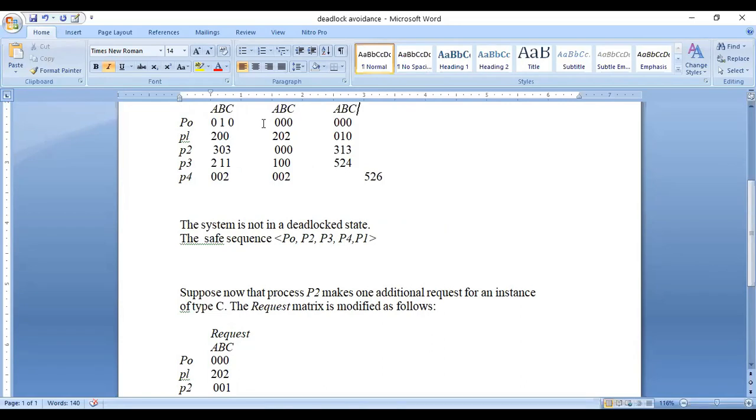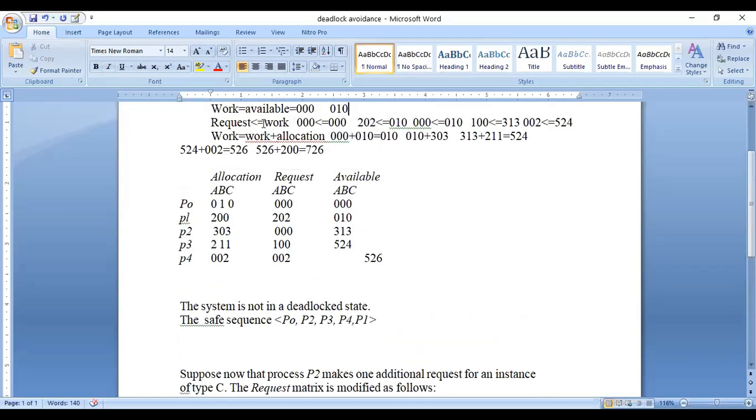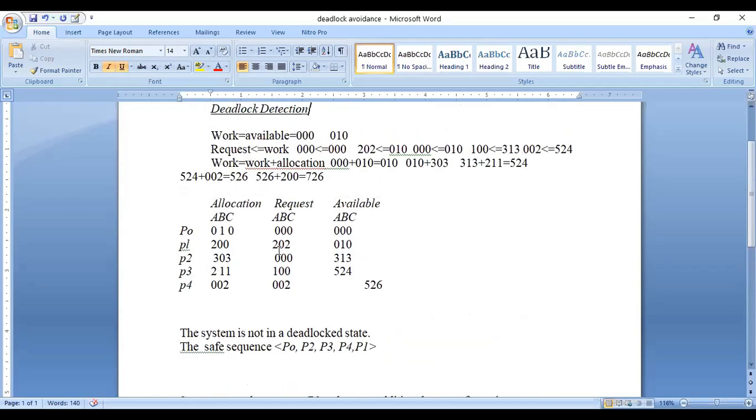P0 will be entering the safe state only. Why? It is the same problem, but instead of the earlier P2 request, we replace it with 001. That means P2 wants one instance of resource type C. Execute this and identify whether this problem contains a deadlock state or not.